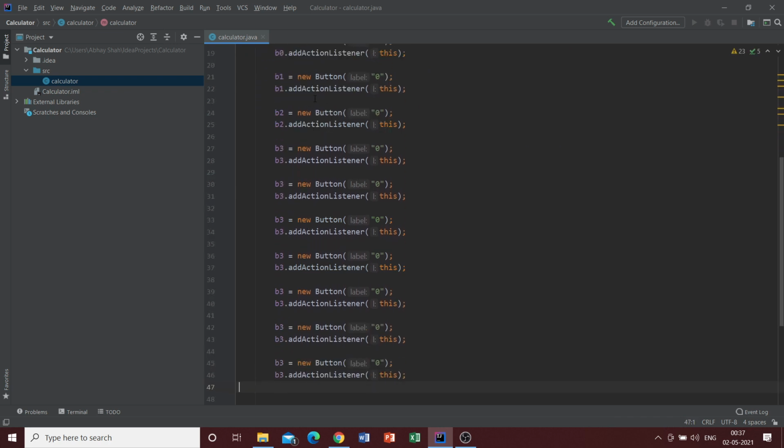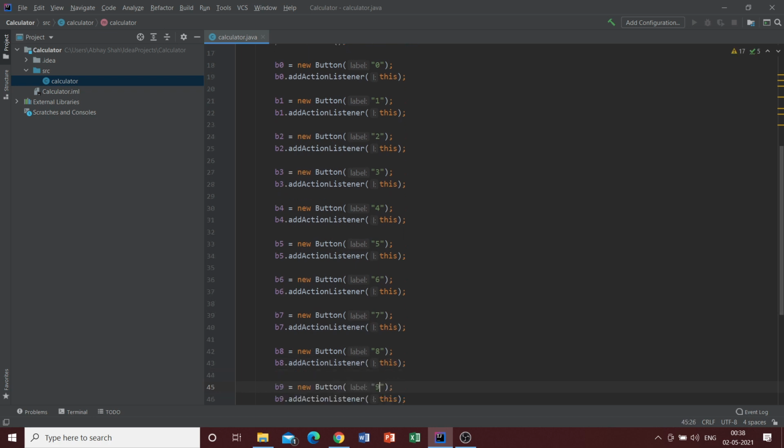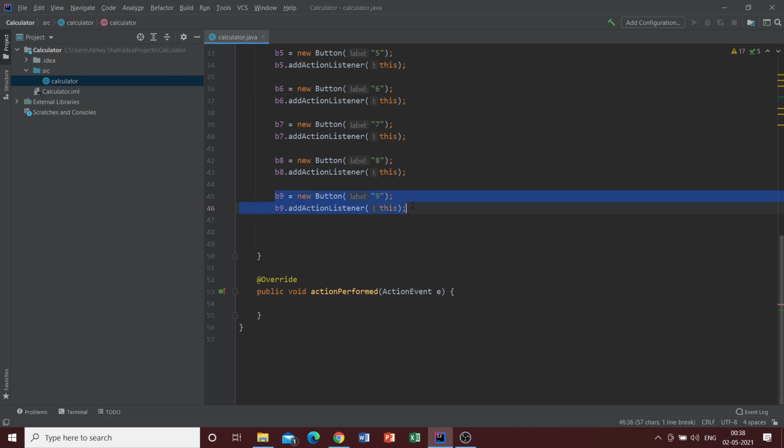So once we do this all the way, b1, b2, b3, b4, b5, b6, b7, b8, and b9. Yeah, so once this is done, we just need to change these labels as well. This is 1, 2, 4, 5, 6, 7, 8, and 9. Yeah, so once we are done with buttons all the way from 0 to 9, now we need to add